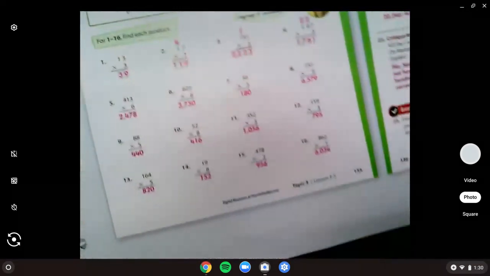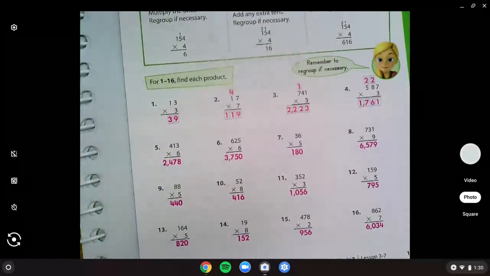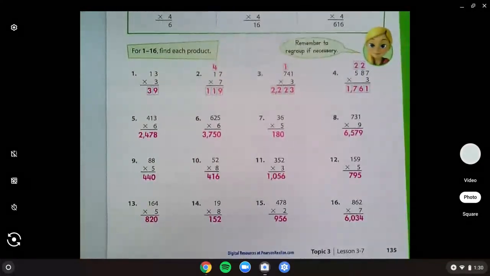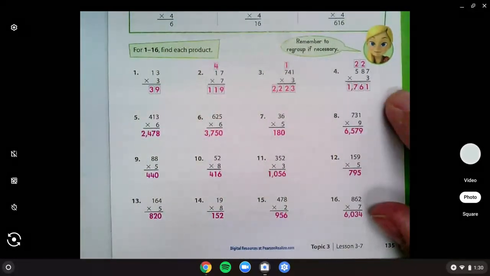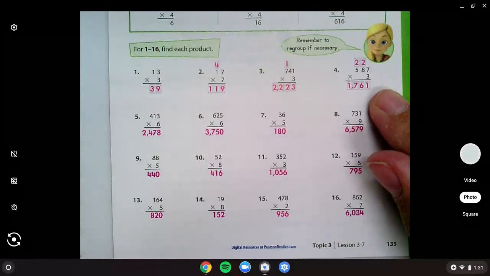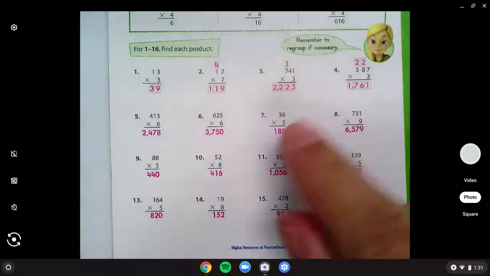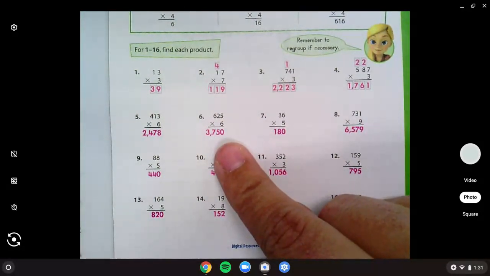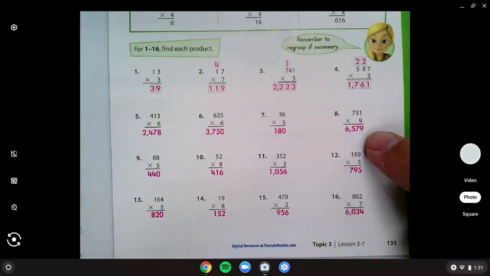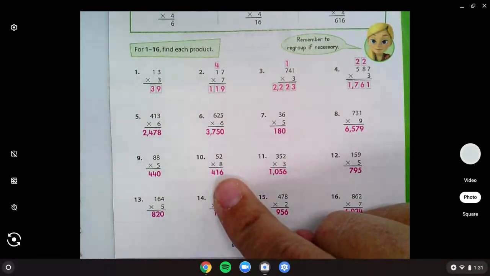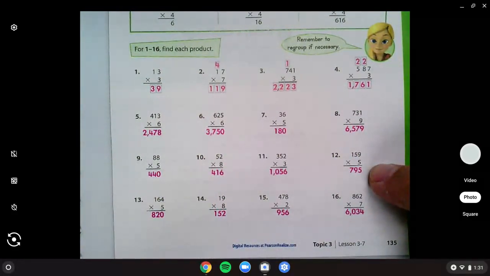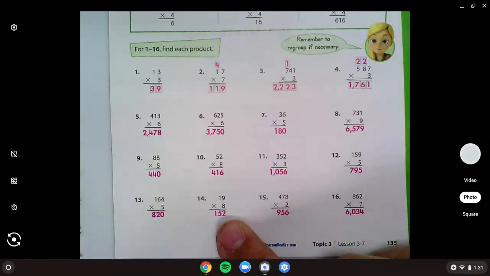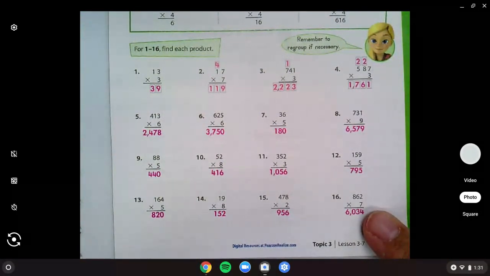All right. So on page 135, we had our even numbers to do. Number 2 should have been 119. Number 4 should have been 1,761. 6, 3,750. 8, 6,579. 10, 416. 12, 795. 14, 152. And 16,